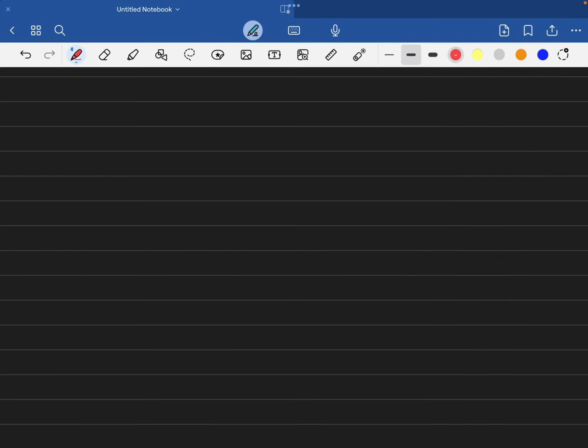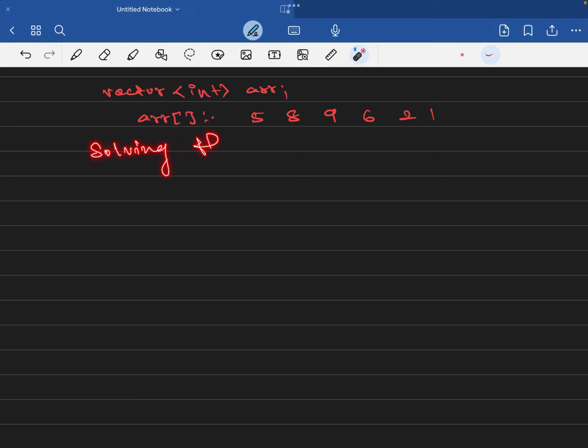Hello friends, in this video we will look at sorting the elements in a vector by using recursion. Let us assume our vector array is given as int arr, and the array is 5, 8, 9, 6, 2 and 1. So for solving through recursion